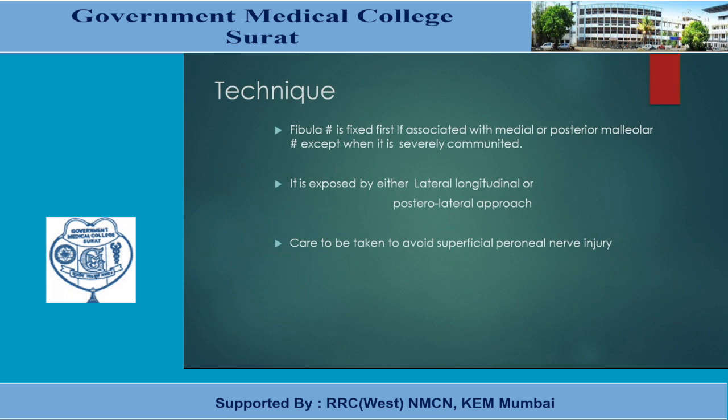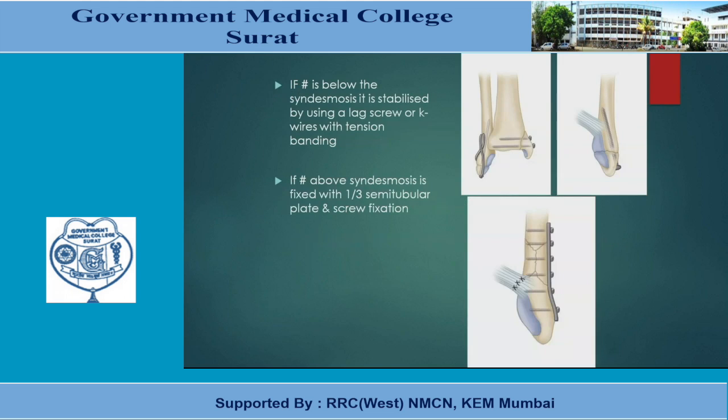So how do we fix the ankle joint? First, the fibula fracture. Always do the fibula fracture first. Okay. So this is the treatment. How do we fix the fracture? If an oblique fracture is there, the screw is transverse. This is a vertical fracture of the medial malleolus, so the screw is transverse. If there is a transverse fracture, the screw is posterior to anterior. Or you can fix with a plate and screws.